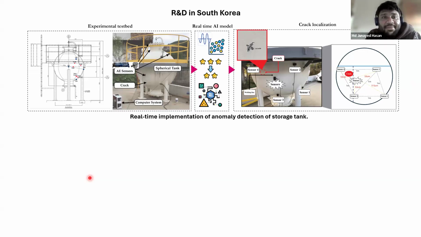Okay. So what happened? This is the storage tank. And we attached several sensors right here, in different places. So sensor placement is also a job. When you are a data engineer, you sometimes have to take care of how you place the sensor. But this sensor placement is a part of the subject matter expert's job.